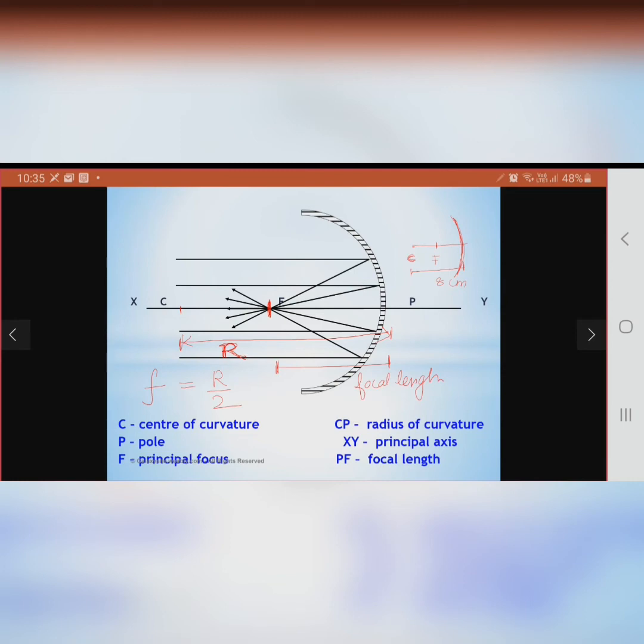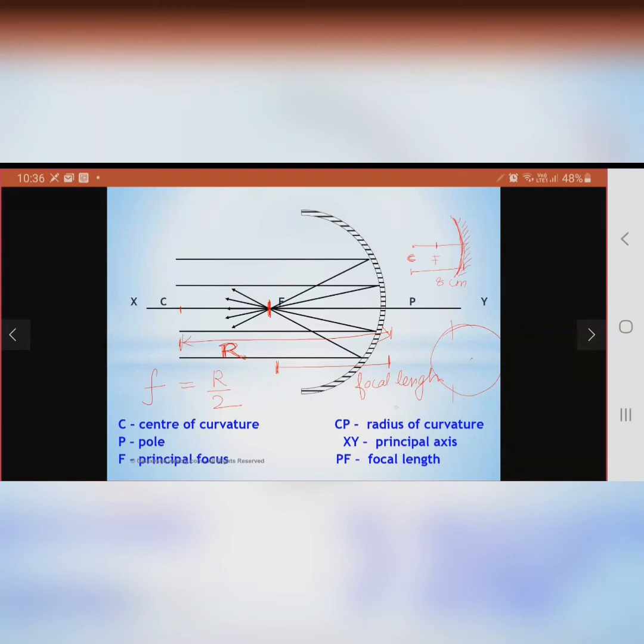All the markings should be as per a ruler. If you don't go by correct markings, the ray diagrams won't give you the correct answer. Your center of curvature should actually be the center of the circular arc of which that arc is a part. If you're only drawing a part of a circle, wherever you keep your compass, that would be your center of curvature.